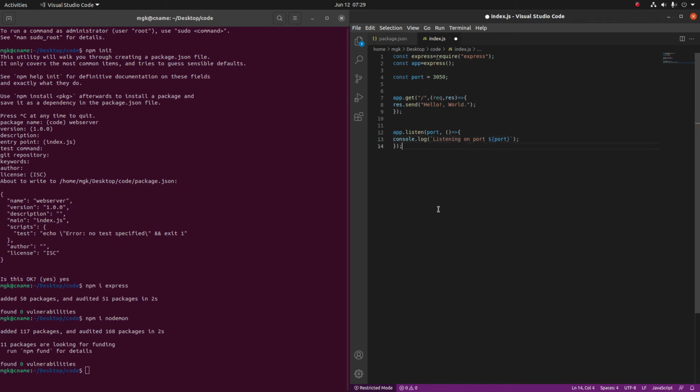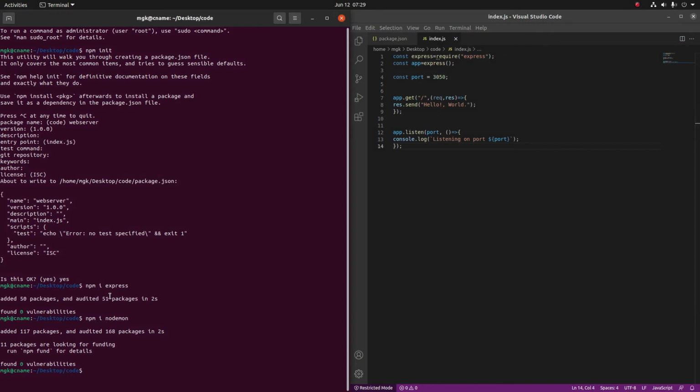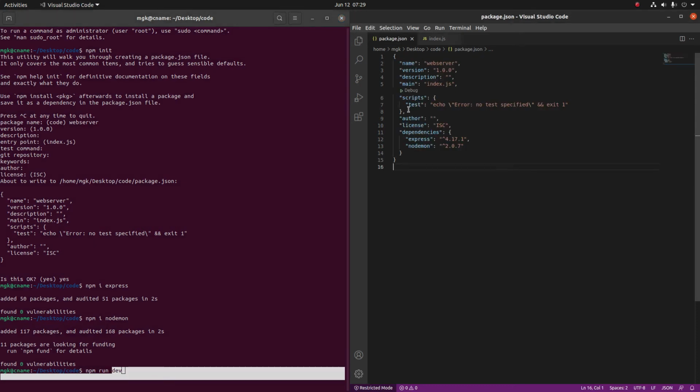So let us test this out. For running this server, you need to enter the command npm run dev, where this dev is from the package.json, and we need to add it here.